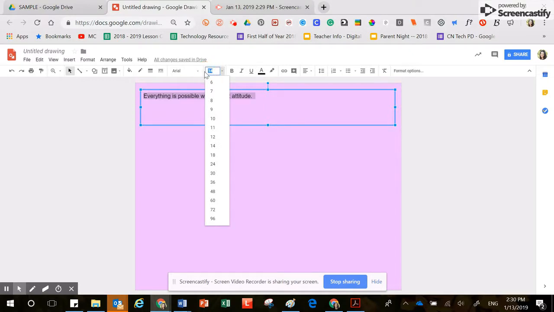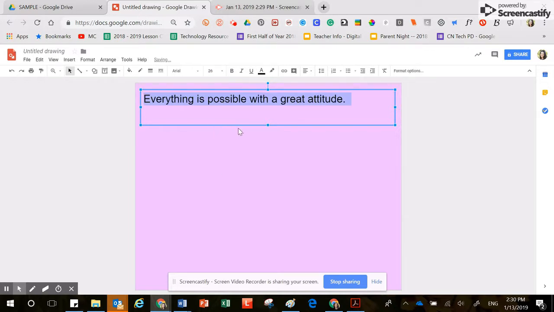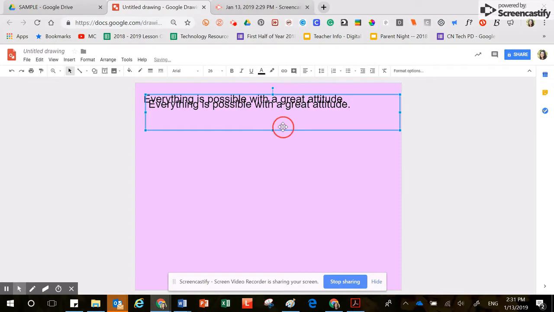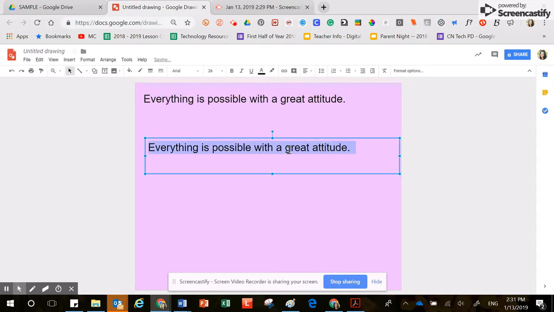I can also choose a number that's not in here. So you'll notice the number 26 is not in here. I can actually type the number 26 and then type enter, and then it would be 26. My third option in order to change this is that I would use the control button on my keyboard, and I would use